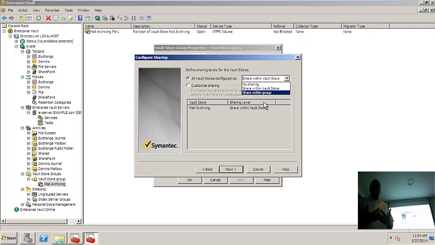The group is the upper level; the vault store group contains the vault stores, and sharing happens between the partitions within it. Then share within group means that if you have multiple vault stores, everybody will share the same instance with each other. You got it?